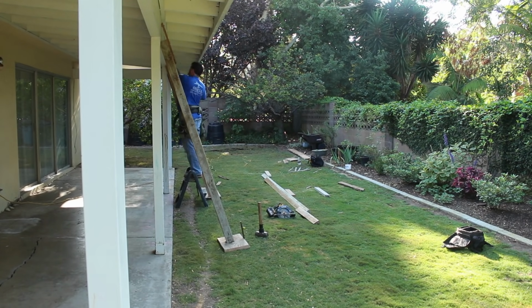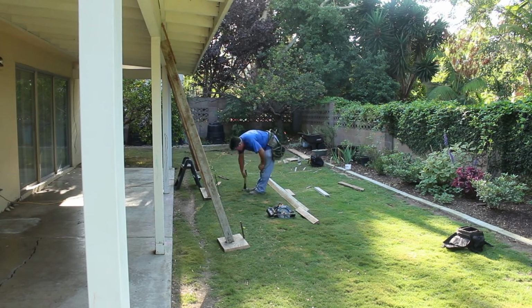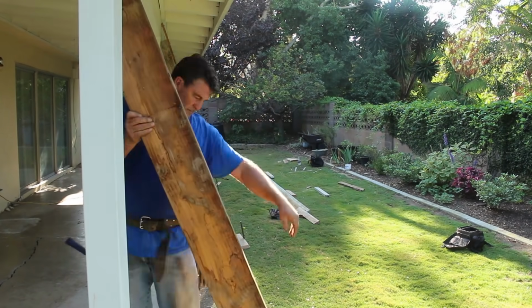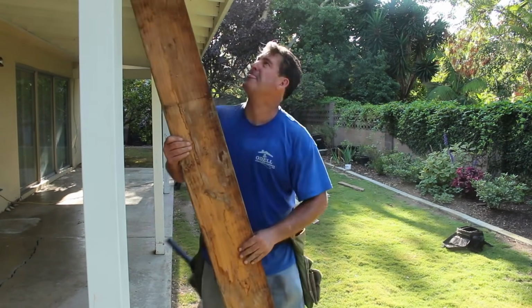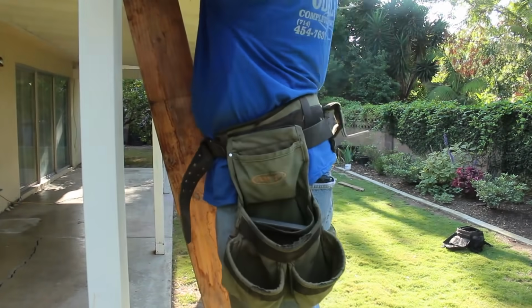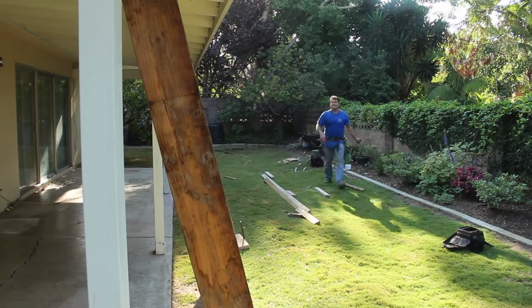Now these existing posts that were in here were redwood. I found, even though they were redwood, they still get dry rot, and that's what happened to the bottom of these. And it looked like at some point they've cut up about 6 inches off the bottom, and they put concrete blocks underneath these posts. And there was actually no anchors